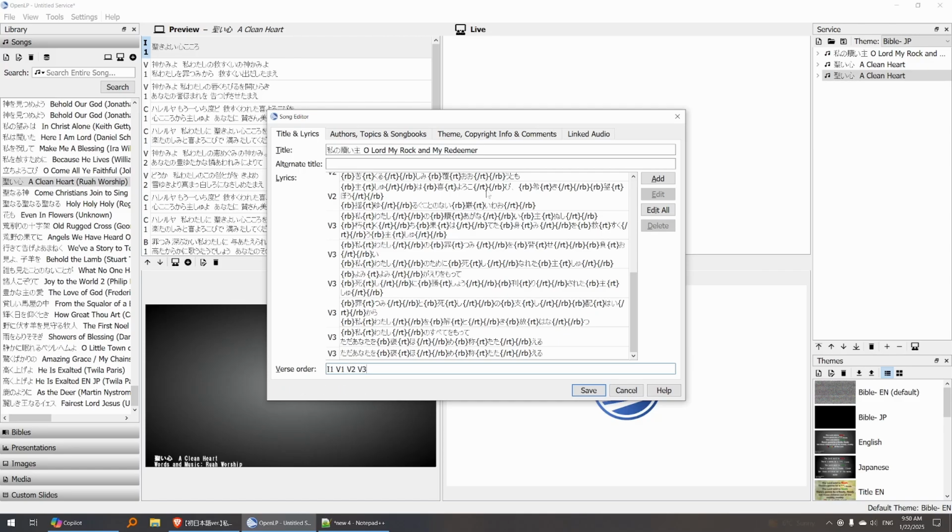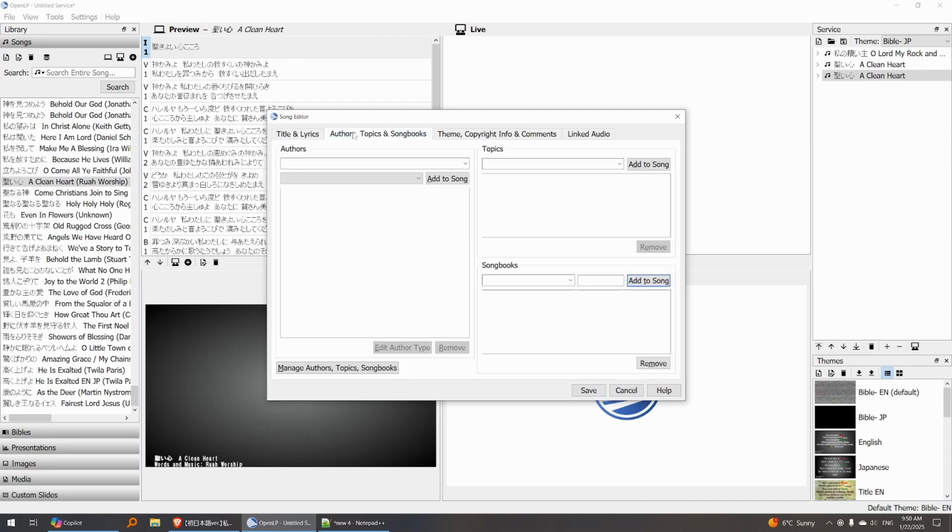Once we've filled in everything, that warning error goes away. It was saying, hey, you have some things in the song that aren't actually in the verse order yet, so it helps you do that as well. Maybe if you want to throw in verse 3 again, if you want to sing it over and over again, you can do that as well. But for us, we're just going to leave it as intro, verse 1, verse 2, verse 3. Okay, next we're going to go to our authors, and we're going to put in the original Sovereign